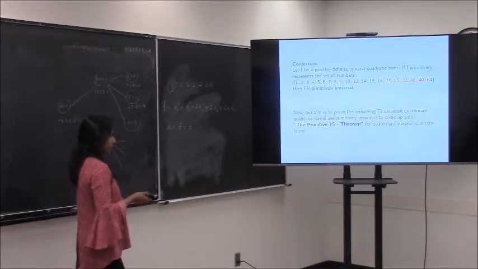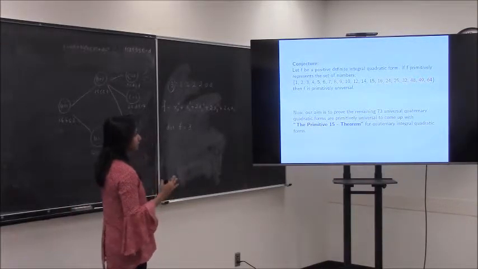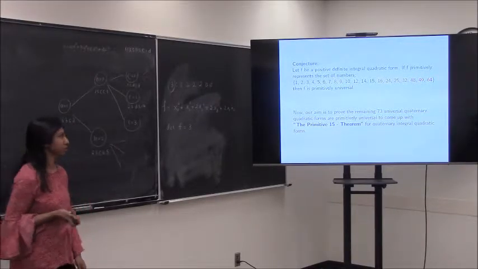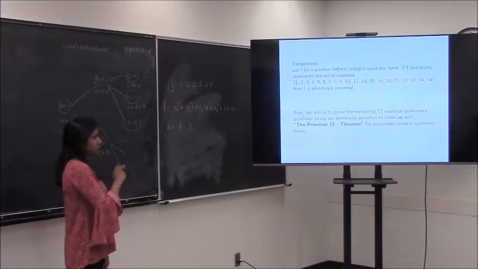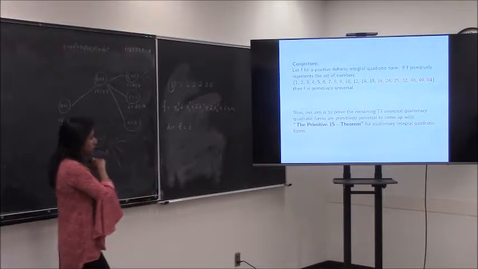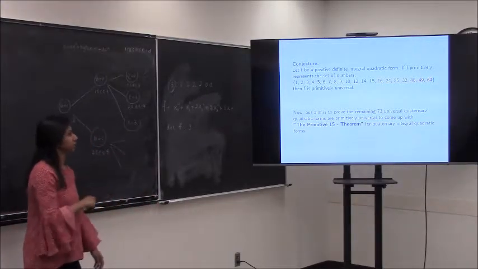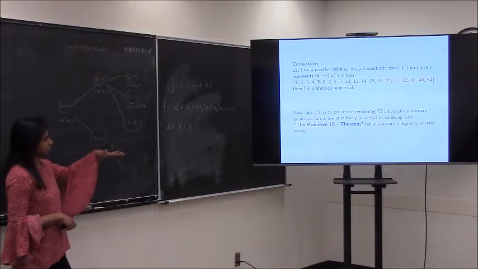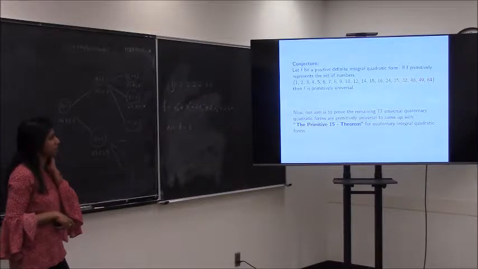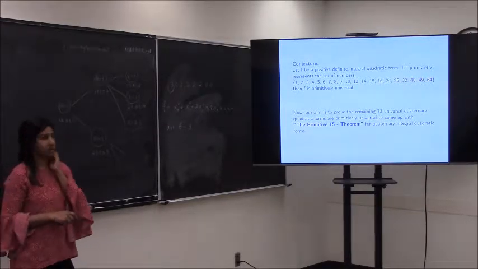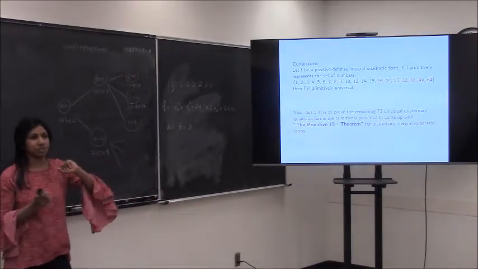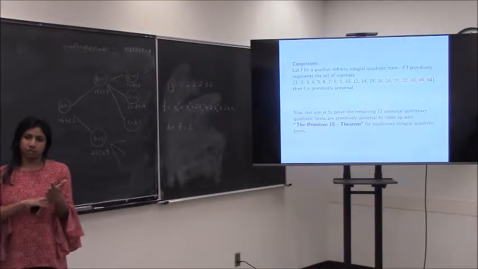So as I mentioned earlier, there were 73 forms without any conclusion where we have to give theoretical proofs. So we were able to prove 28 out of these 73 forms to be primitively universal, but we still want to prove the rest to come up with the primitive 15 theorem for the quaternary integral quadratic forms. Okay. So everything up to this point, we talked about universal forms and